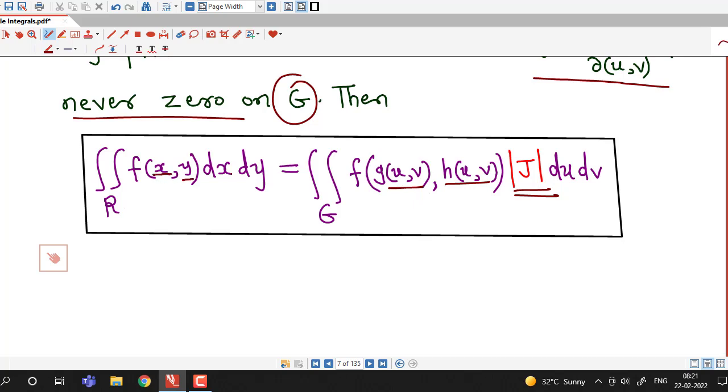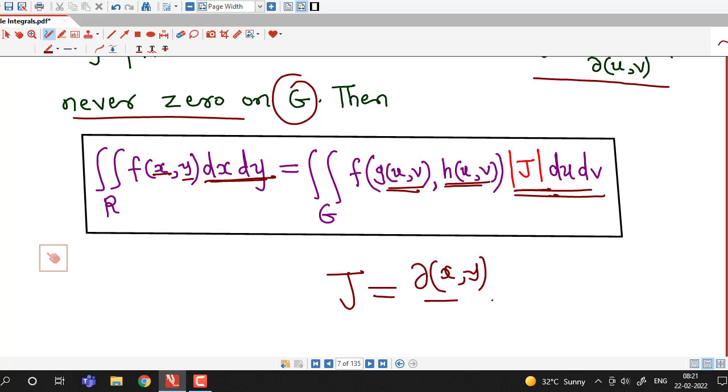Here x and y are replaced by their corresponding formulas in terms of u and v. dx dy is replaced by the absolute value of the Jacobian times du dv over G,